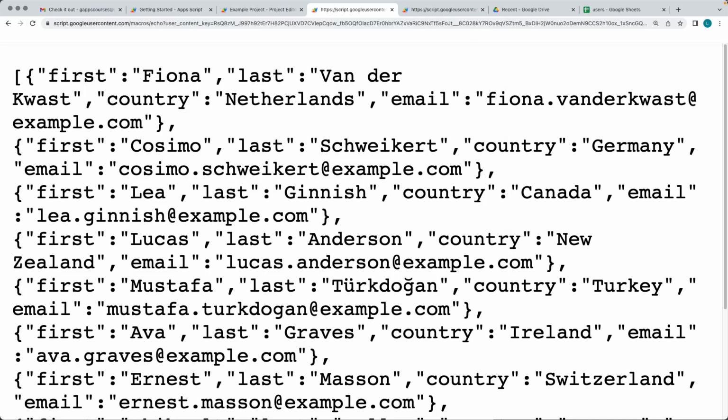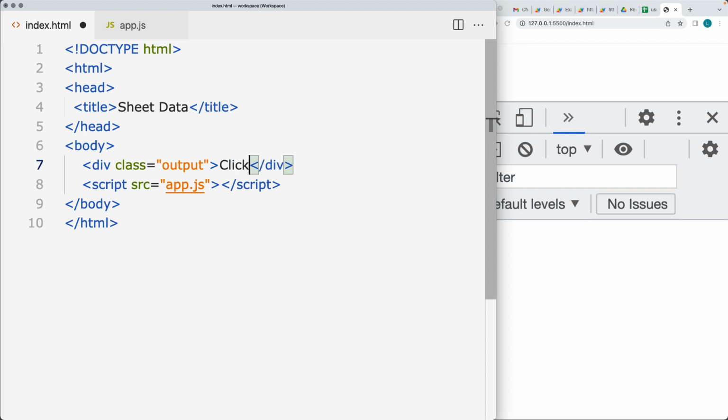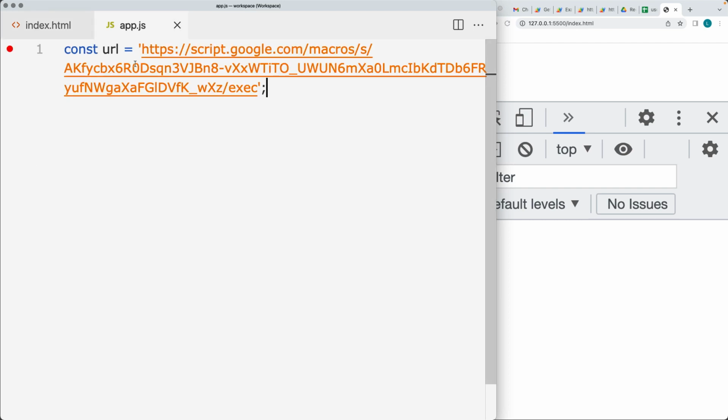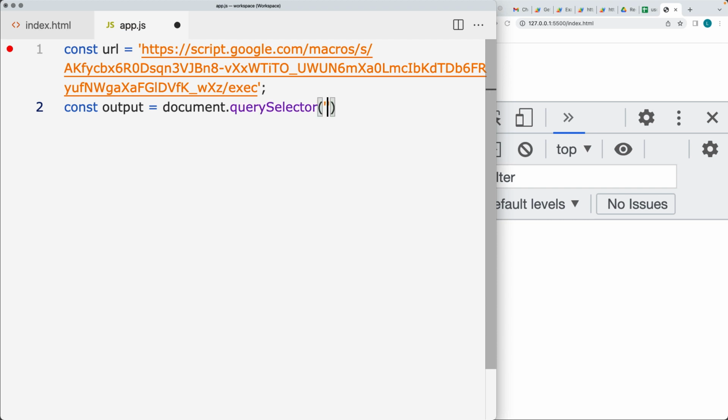I'm going to launch this web app into the browser window, open up the developer tools console, and then go back into the HTML. We'll just right click in there, and we'll select that element within the JavaScript using the document object and query selector, selecting the element with a class of output. And then we can add the event to it. We can add the on-click event to it. So whenever it gets clicked, it can run the anonymous function that will make the fetch request